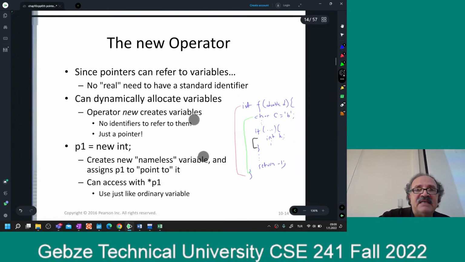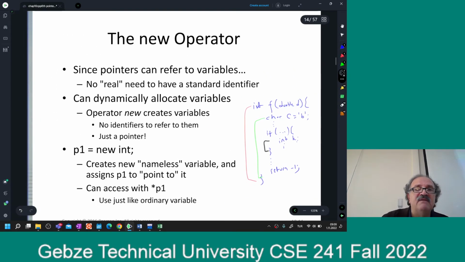That's not the same with the dynamically allocated variables, because dynamically allocated variables are constructed in a special memory location, and they continue their existence until you delete them, until you say that I am done with this, or your program terminates. In that case, your whole process's memory will be returned to